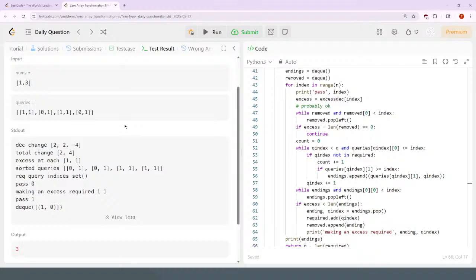Treat as purely access. And then if I treat it as purely access, then